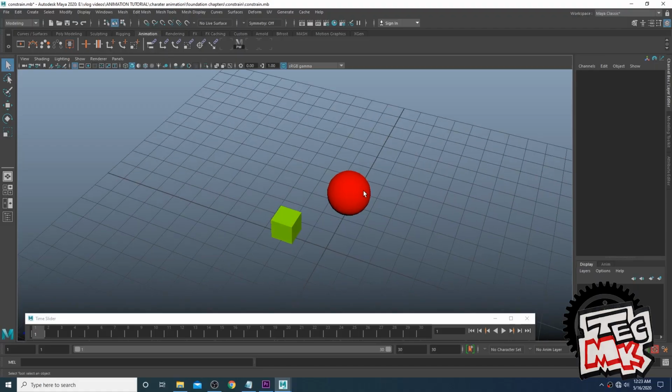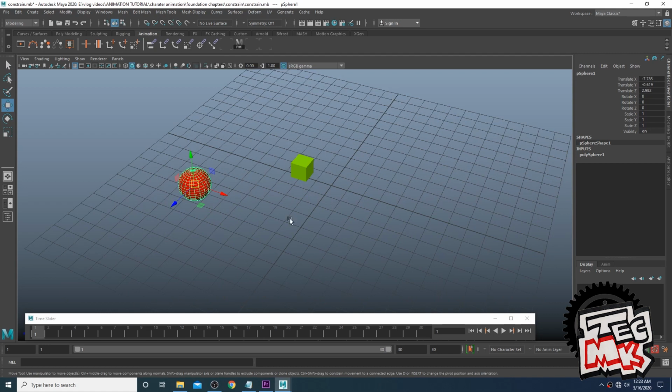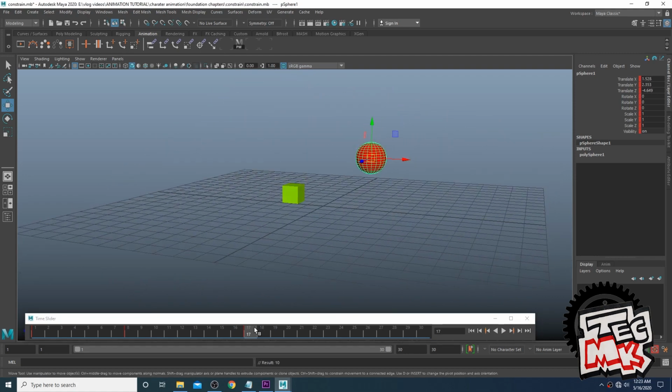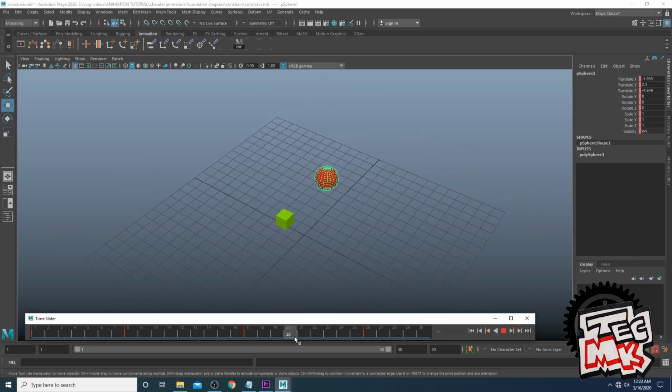I've created a sphere and a polycube. Now let's do some animation with this sphere. Let this be the first position, and then it comes here, then it goes here. Just some basic animation with the sphere, and this is what's happening. It's going all around. Now the fun of constraining is, this is the parent and the cube is the child,